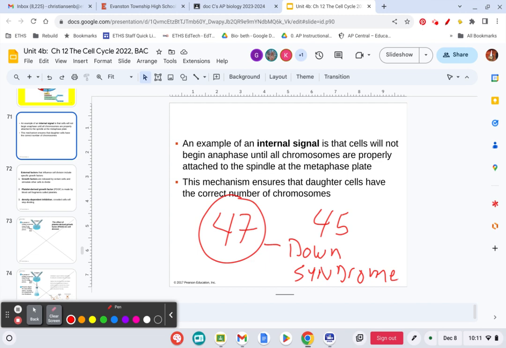Okay. So you're right. We would have both of these things. We would have a 47 and we would have a 45 produced. But in the case of a 45, this one usually just doesn't make it. It's usually a miscarriage. Whereas the 47 goes on and there are some issues with the fetus, but you're still going to have a baby being born. So that can happen.